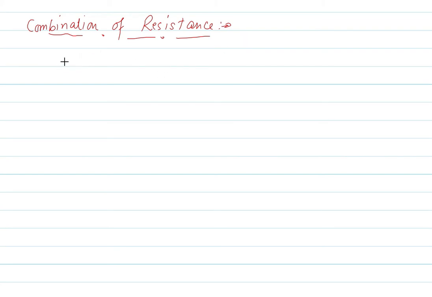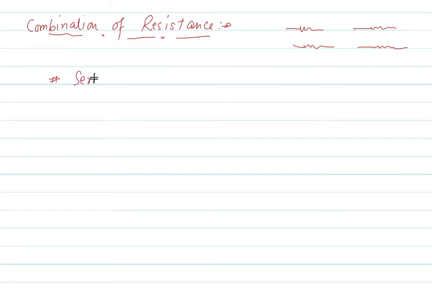So let me introduce, firstly, series combination. You know, why do we combine a number of resistances in different combinations? We want to combine them in order to find a required resistance. Suppose we have a number of resistors of different resistances, but we don't have the required value, then what do we do? We combine all the given resistances in a particular format in order to find that required, desired value, right?